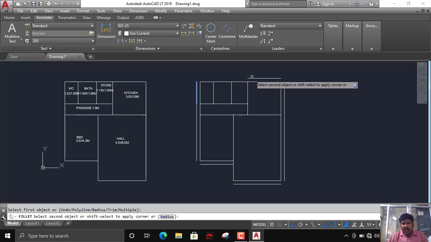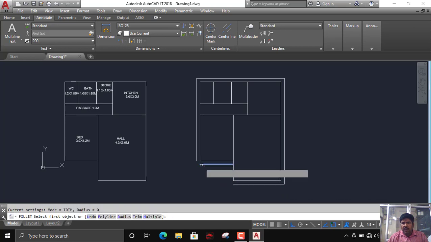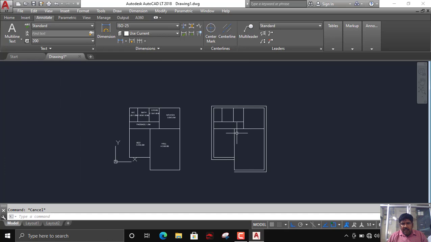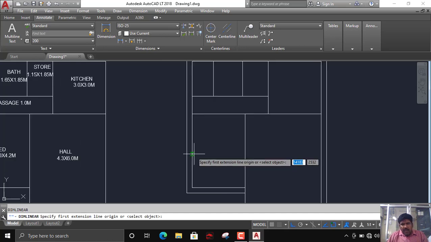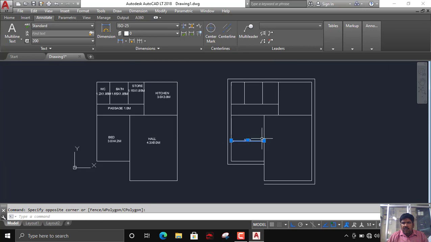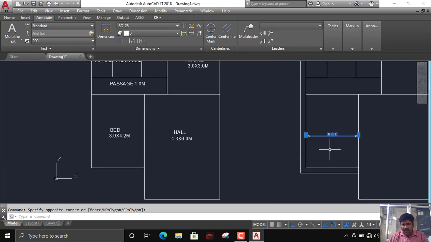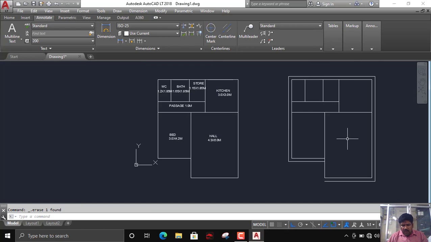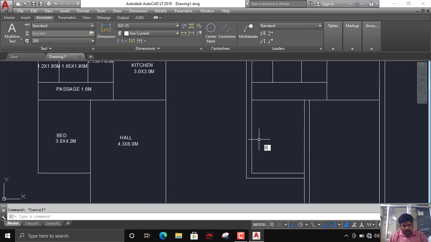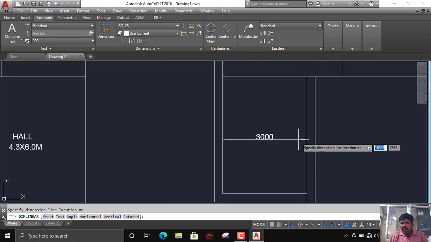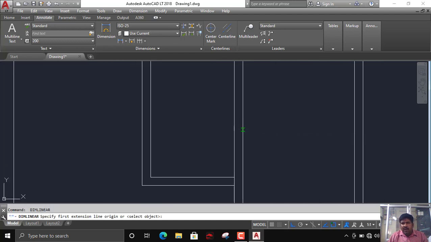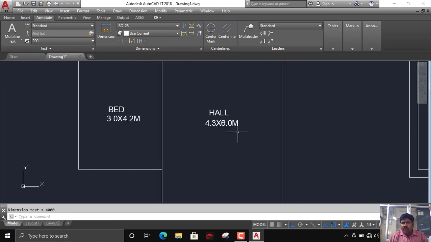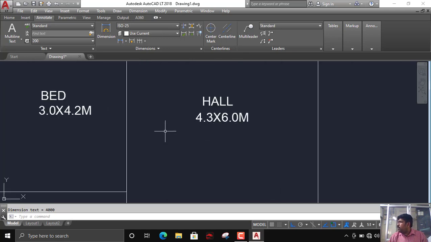Then using the fillet command, I can join these outside walls. And I will put the dimension here. This is 3000, which is the same width, right? And here also the main wall will be there, so 300. I will offset inside. This is 300. Now I will check the dimension for the first room horizontally. This is perfectly right. Whereas when I come to this, it is 4 meter, whereas I require 4.3 meter.